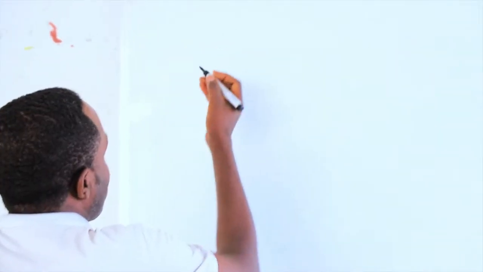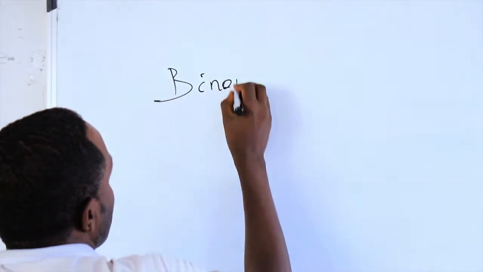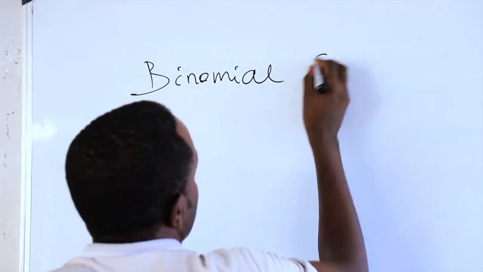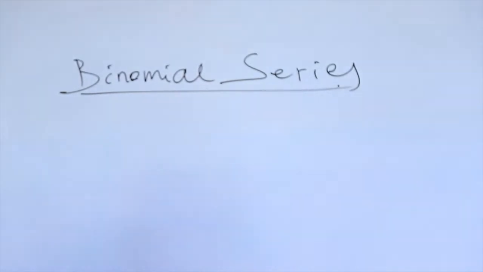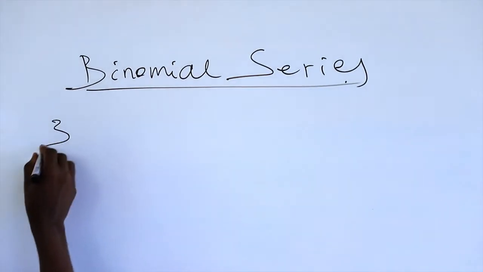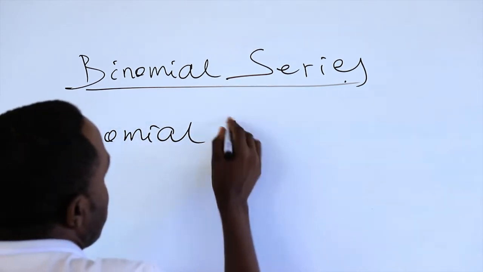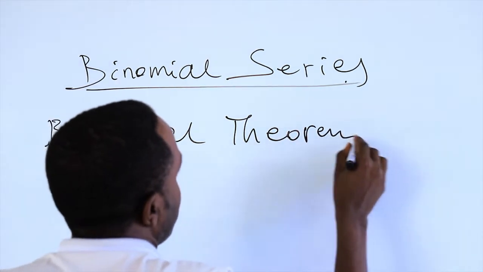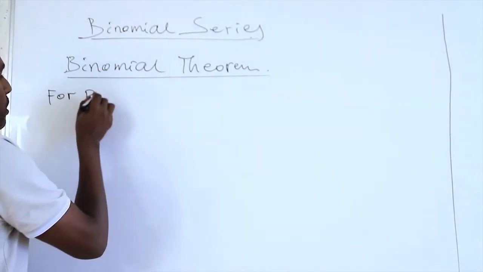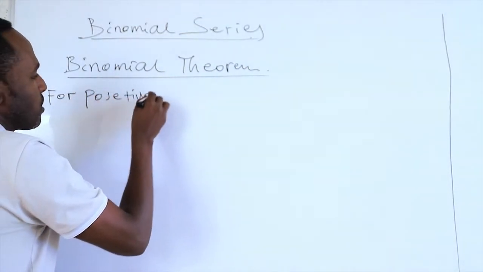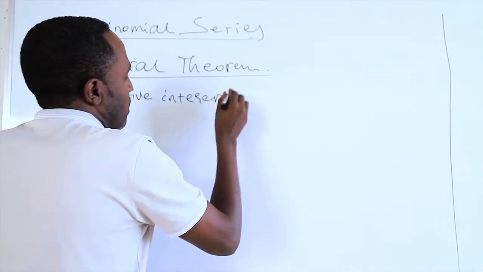This is binomial series. Binomial series. The subtopic is the binomial theorem. We have to see it together. So for a positive integer n